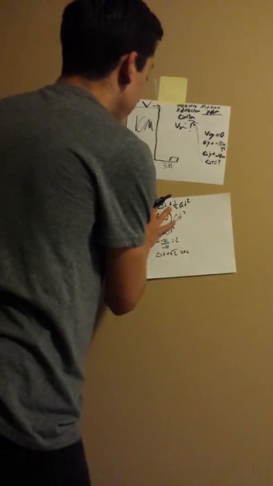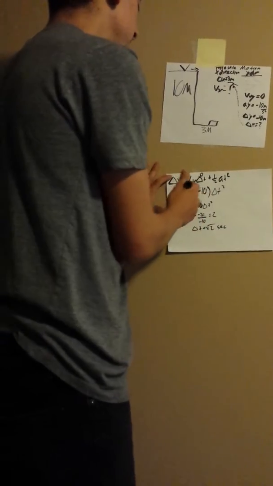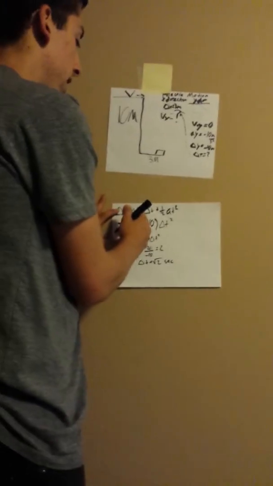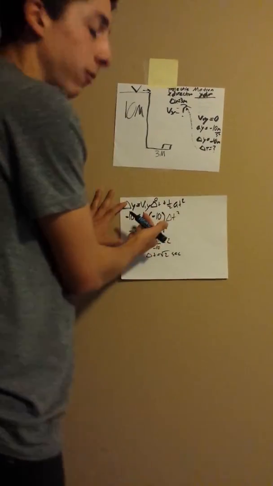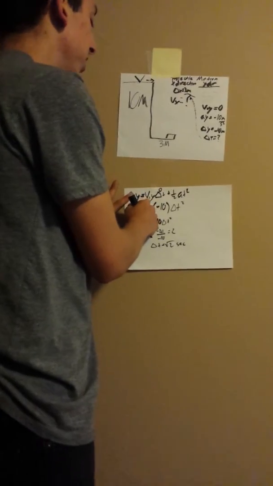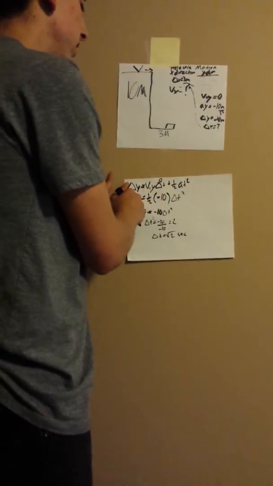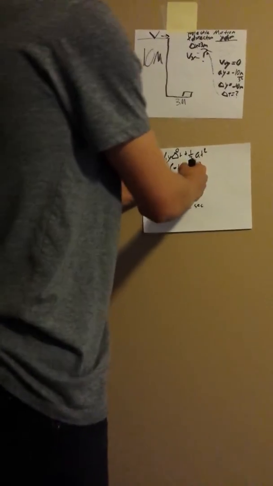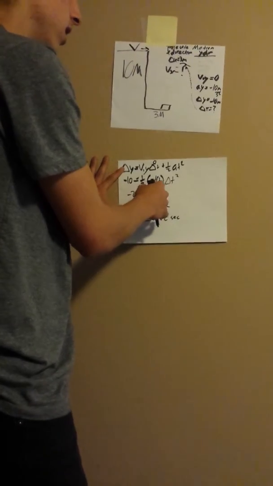So first we solve for delta t. We solve for delta t by using delta y is equal to v naught y times delta t plus 1/2 a t squared. We can basically get rid of the first half of the equation because the initial velocity in the y direction is equal to 0. So we are left with delta y is equal to 1/2 a t squared. So then we plug it in and we get negative 10 is equal to 1/2 times negative 10 delta t